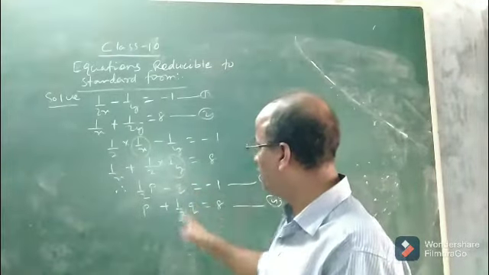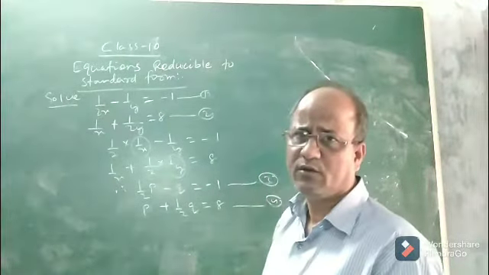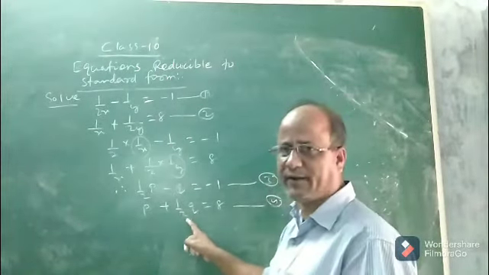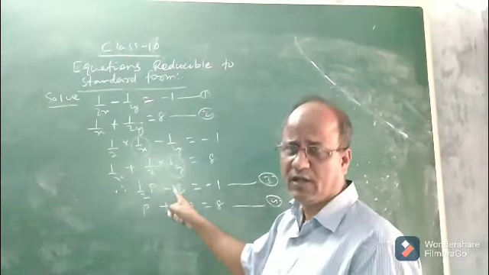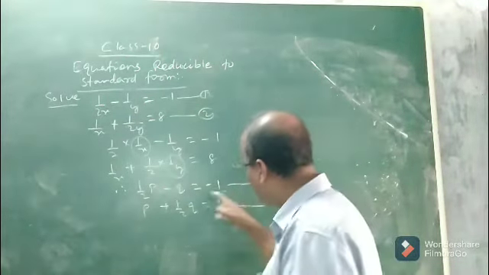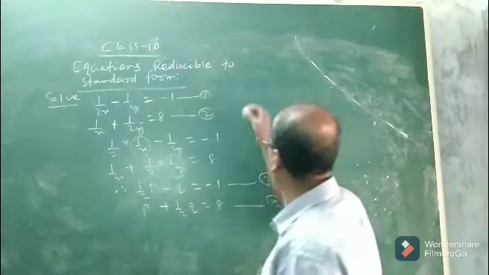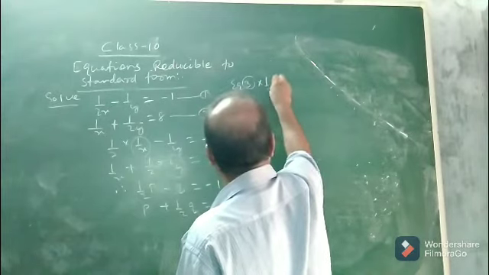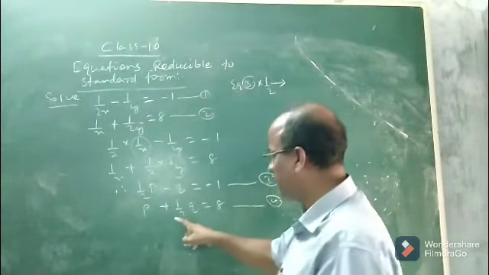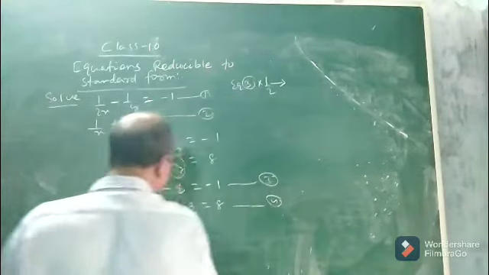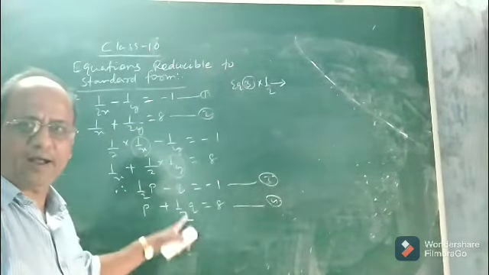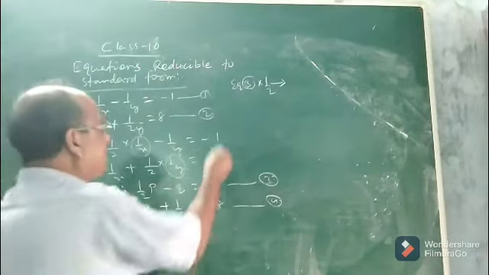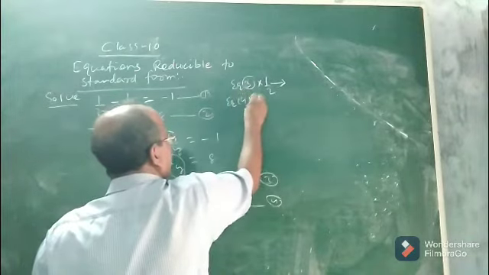Now let us eliminate q from equation 3 and 4. Now how to do? By the elimination method. So in elimination method, look at, this is the coefficient 1 by 2. So you have to make here 1 by 2 also. And how can you make it 1 by 2? If you multiply 1 by 2 to the whole equation 3. Okay, so what will I write? Equation 3 into half. Then equation 4 not necessary, because here the coefficient of q is half and you want to eliminate q. So there is no need to multiply anything to equation 4. Okay. That means equation 4 multiplied by 1.